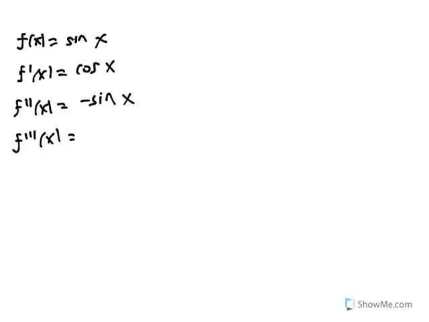Our function is f of x equals sine x. The first derivative is cosine. The second derivative is negative sine. The third derivative is negative cosine. The fourth derivative is